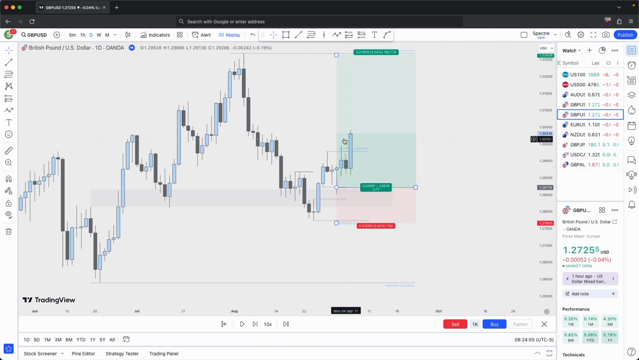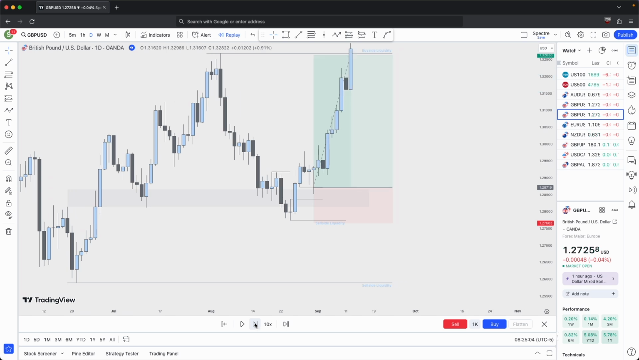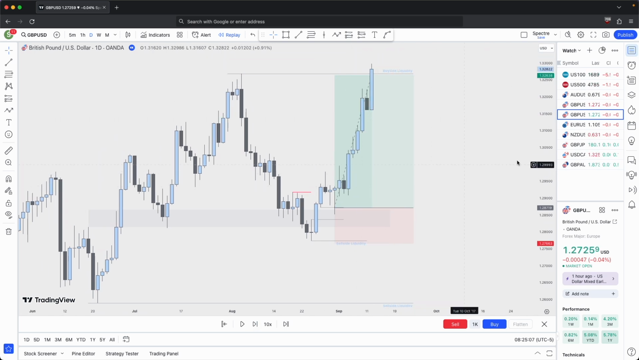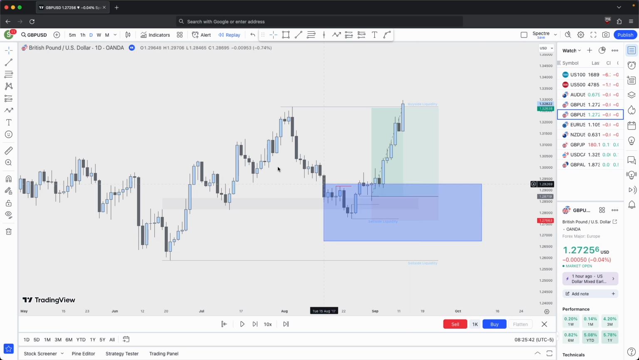And let's see if it plays out. So it also takes out the external range high, which further confirms the bullish play. It takes you out for 3.7R. So if we recap that trade,